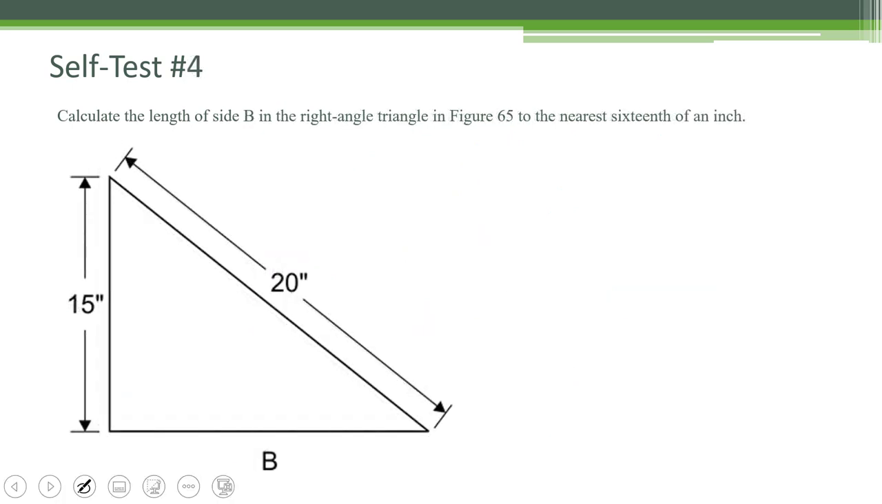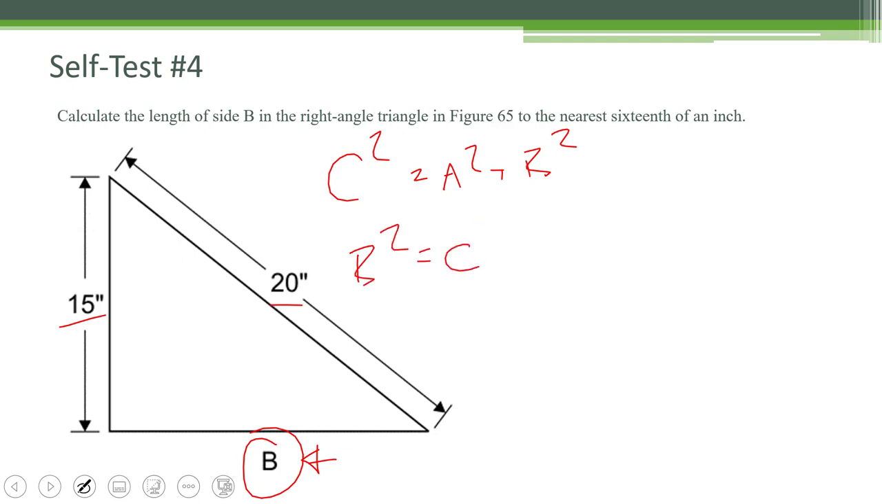Okay, this is just like the question before. I'm working with the sides, but I'm not looking for C on this one. I'm trying to find B. So remember, it was c squared is equal to a squared plus b squared. But I'm not trying to find C, I'm trying to find this pesky b. So I have to rewrite it to become b squared is equal to c squared minus a squared. So it would be b squared is equal to 20 squared minus 15 squared. So it would be 20 squared minus 15 squared